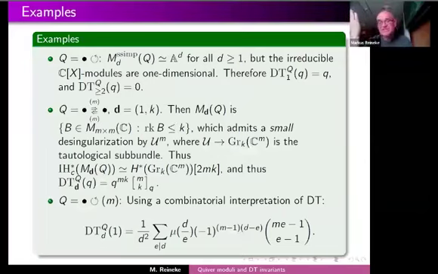It is known and easy to see that this variety admits a small desingularization by a variety which is just m copies of the tautological subbundle of the Grassmannian. So very classical geometry. So you take m copies of the tautological subbundle on the Grassmannian Gr(k, m), and this defines a small desingularization of